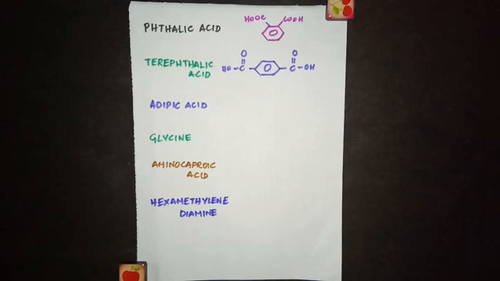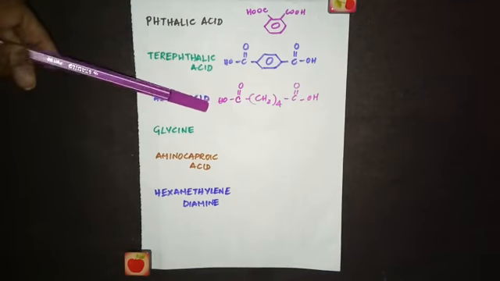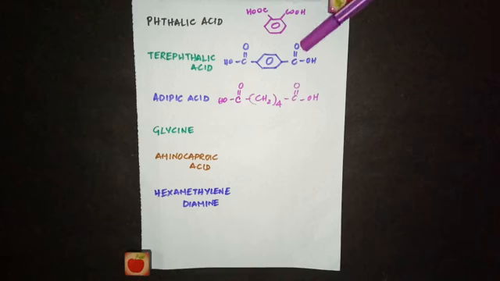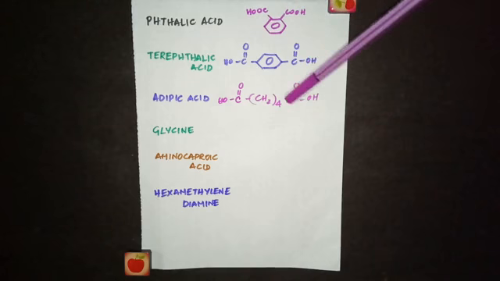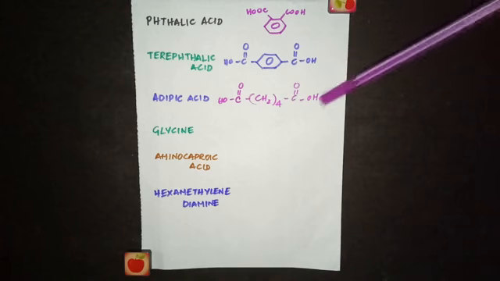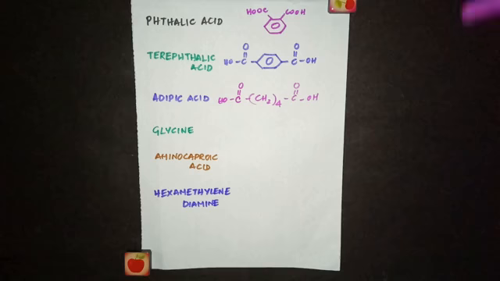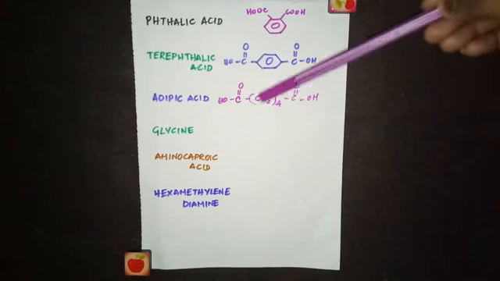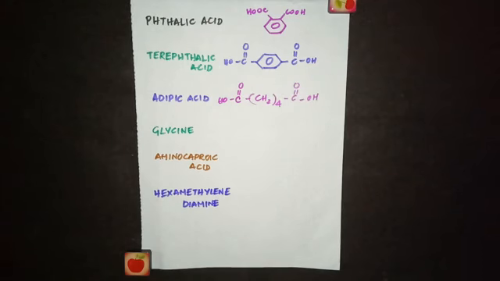The next one is adipic acid. In adipic acid also we have two COOH groups, but instead of a benzene ring we will be having (CH2) 4 times. This is the formula for adipic acid, and remember we can write the COOH group either way, like this or this, but we usually prefer to write this way so that it will be easier to write the polymers from this monomer, because we are going to remove a molecule of water. So if you write it this way, then it will be easy for you to remove that water and write the formula for the polymer without any mistake. This is the adipic acid. See, CH2 4 times.